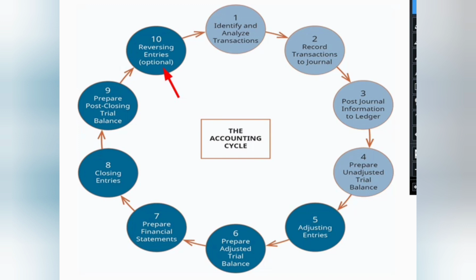You can see that the reversing entry is an optional step. There is "optional" in brackets at step 10 because this step is prepared for those transactions which deal with prepayments and deferral items, or which record transactions on the basis of the accrual basis of accounting. Those business organizations that deal with the cash basis of accounting don't need to prepare reversing entries. Also, they don't need to prepare adjusting entries because they don't follow the matching principle and recognition principle.